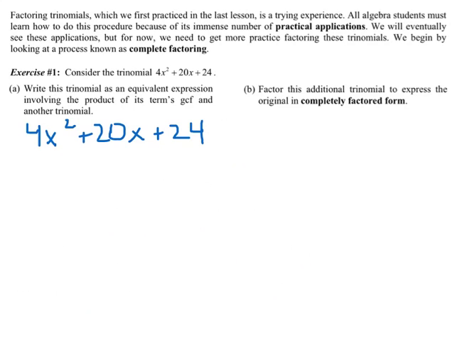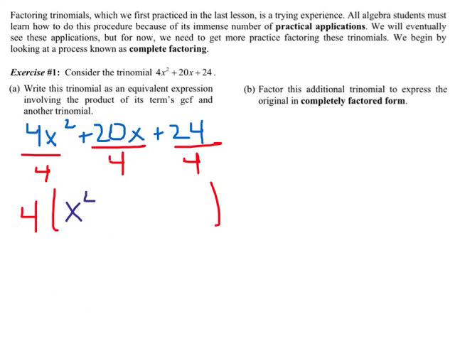Okay, so now we're going to look at this trinomial. We're going to look at 4x squared plus 20x plus 24. And I just rewrote it for myself right down here. So my first step, I want to look and say, does this have a GCF? And I see my GCF is 4. So I'm going to take out a 4. I'm going to divide everything by 4. Then I'm going to put it right on the outside. Then I'm going to write down what I have left. I have x squared